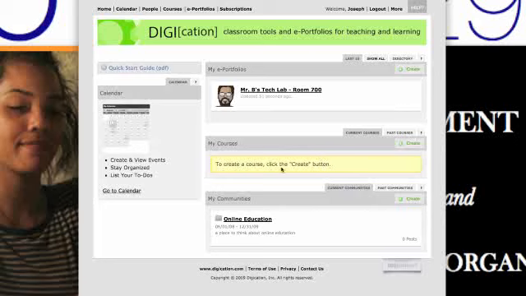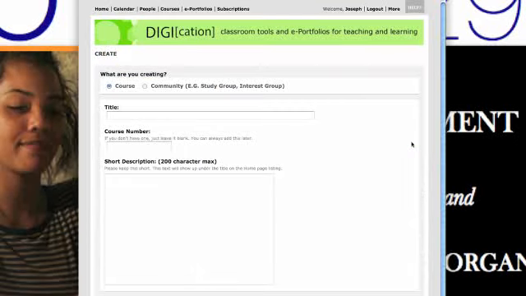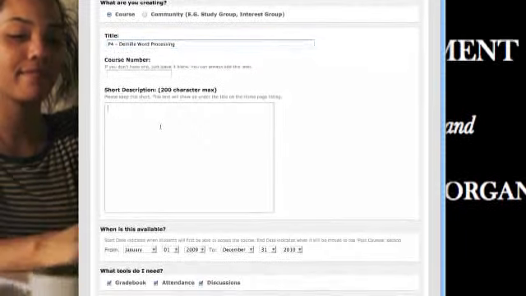So let's take a look at the courses section. If you were going to create a course, you could very much set it up like that. And also I would generally add information to help keep it organized for me. So I would put in what period it is, and then if I had a course number, short description,